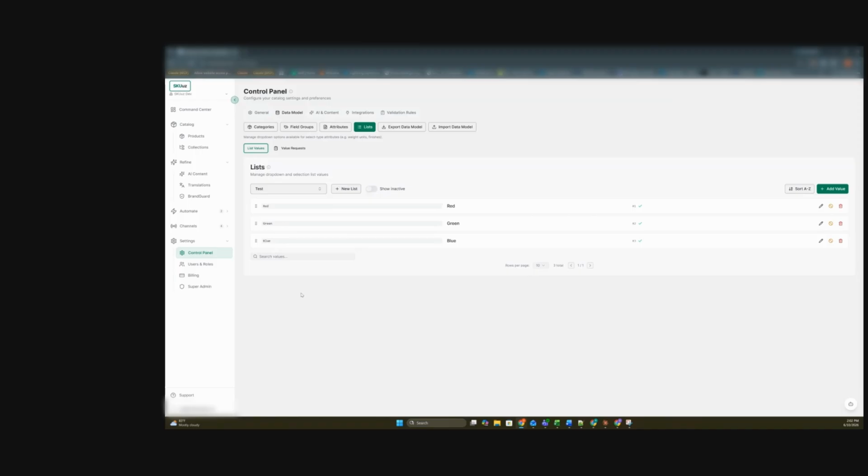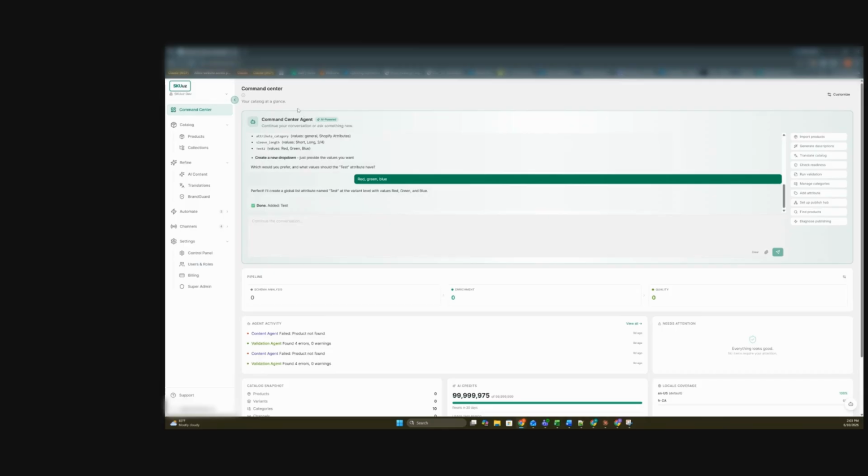This allows you to do things like upload a spreadsheet of attributes that you want, and it will ask you the questions for each attribute. You don't need to know everything that you're going to do ahead of time. It will ask you the questions for you to be able to prompt the AI to make those decisions for you. This is the value of the schema agent, which ties directly to my command center agent that runs everything